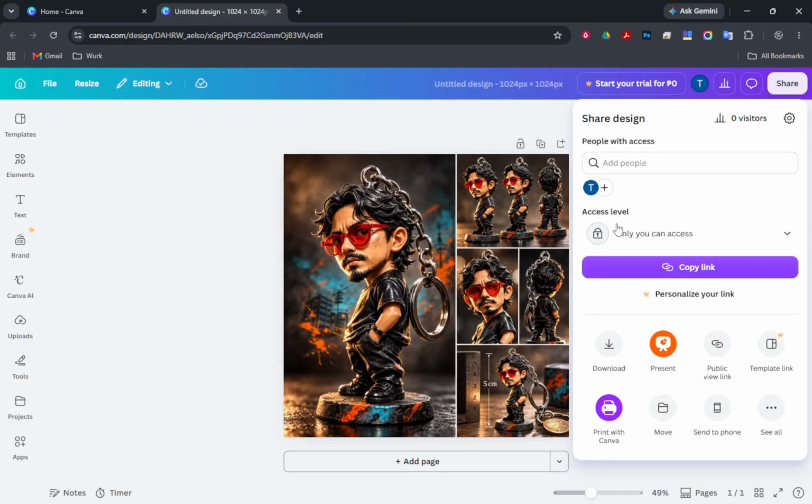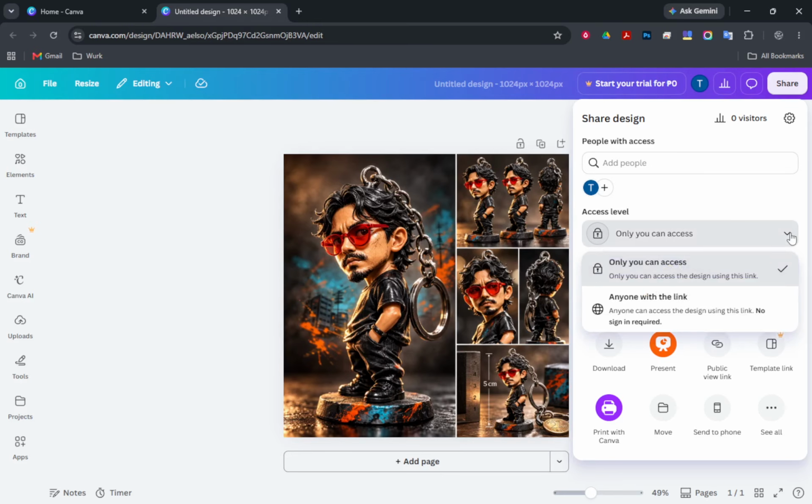It might say link settings, collaboration link, or have a section that shows who can access the design. This area controls how other people can open your design, whether through a direct invitation or a simple link. Now choose the privacy level you want. You will see a few options that define who can open your design with the link.